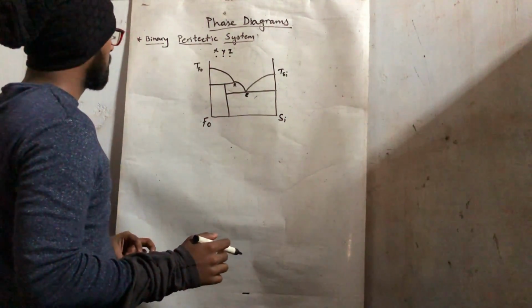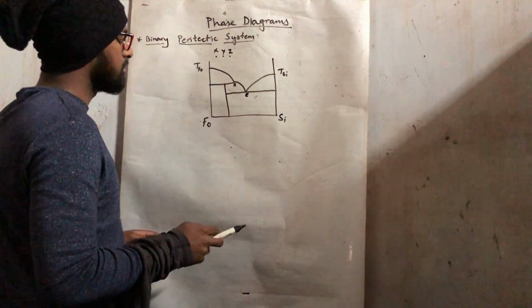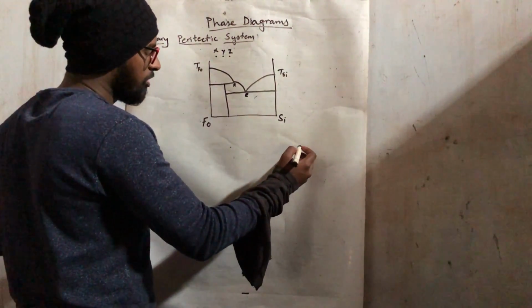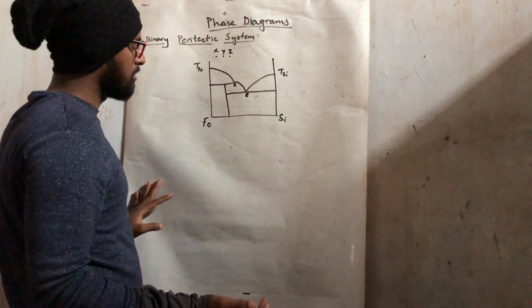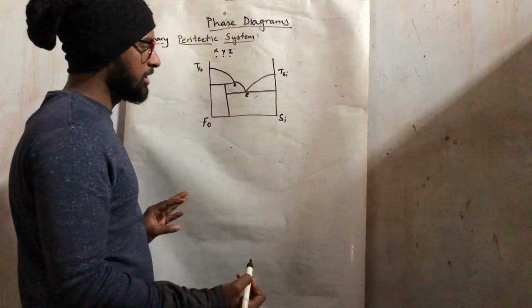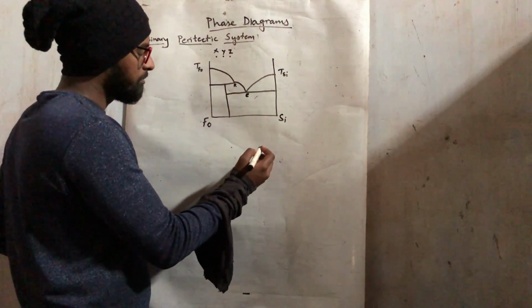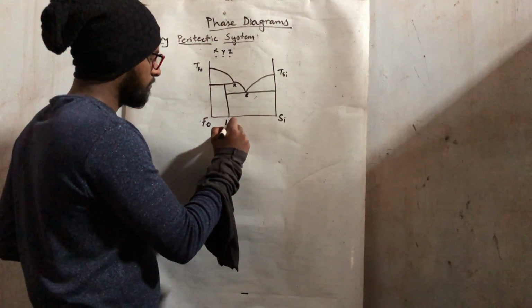This system will not have exactly the same behavior as the eutectic system, in the sense that here, the final composition of the solid will be similar to what components we took initially, but here it will change, and there will be production of a third component, that is enstatite.